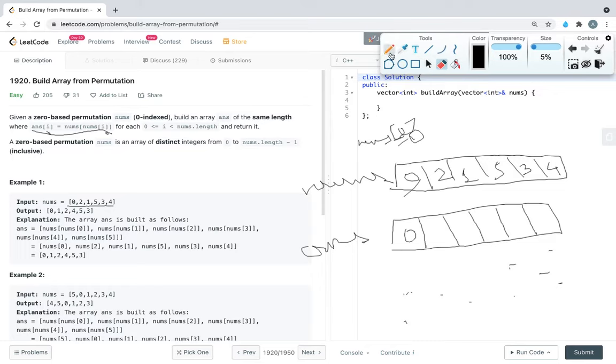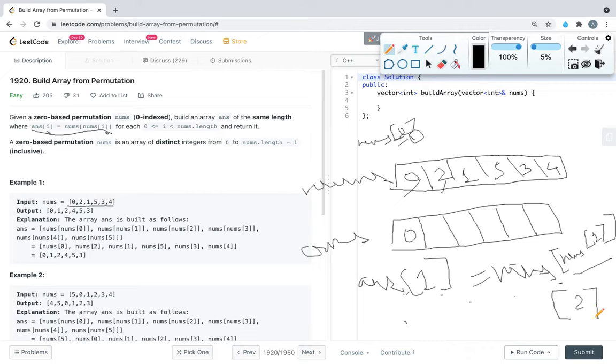Yeah, so coming to answer[1], nums[1] will be 2, and this value we have to use as an index again.